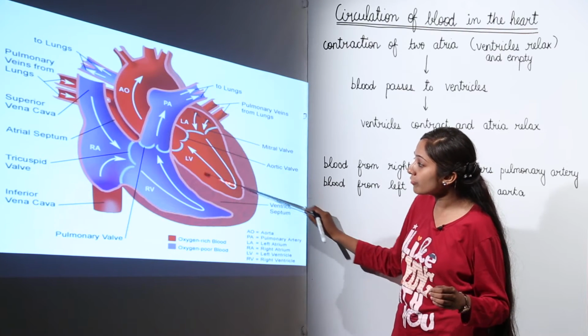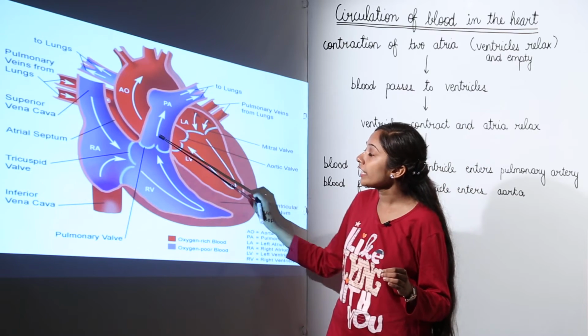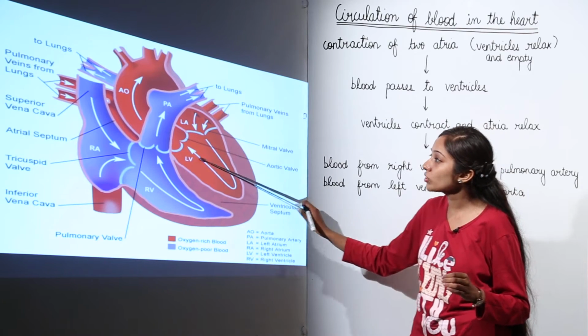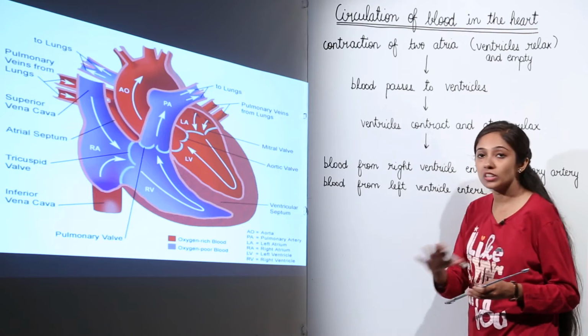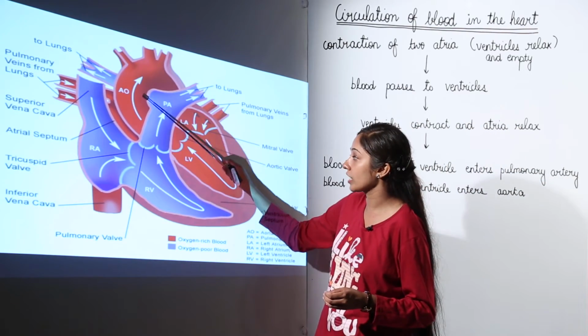Now, from the left ventricle, the blood is going to pass to the aorta. From the left ventricle, the blood is going to pass to the aorta, and through the aorta, the blood is going to pass to the body parts. So, blood is going to pass to the body parts through this aorta. Now,